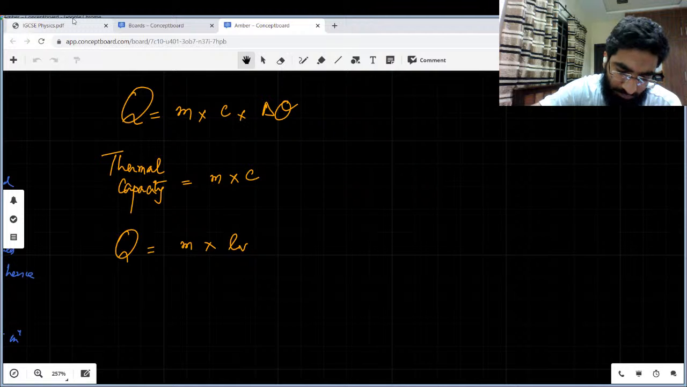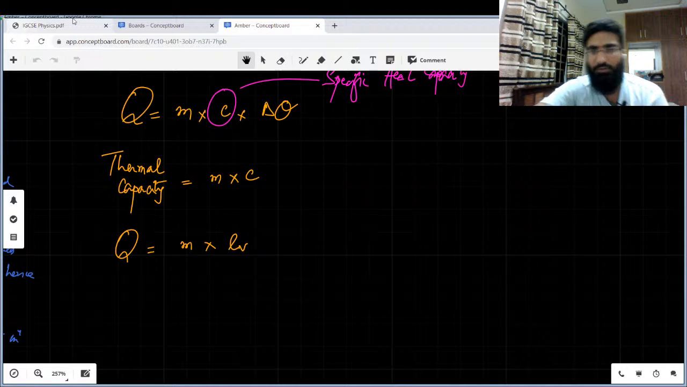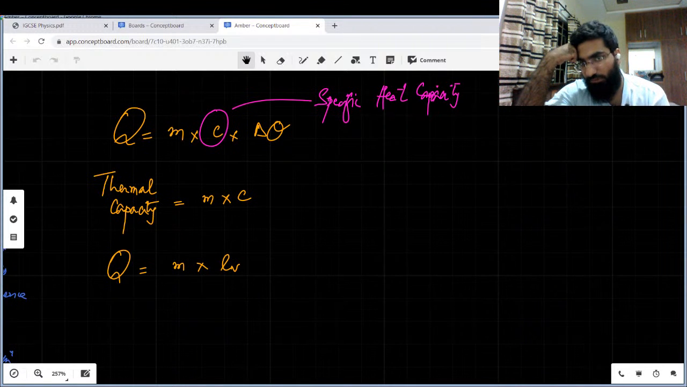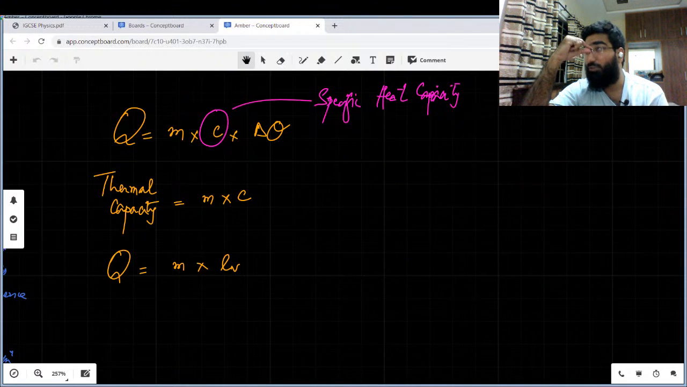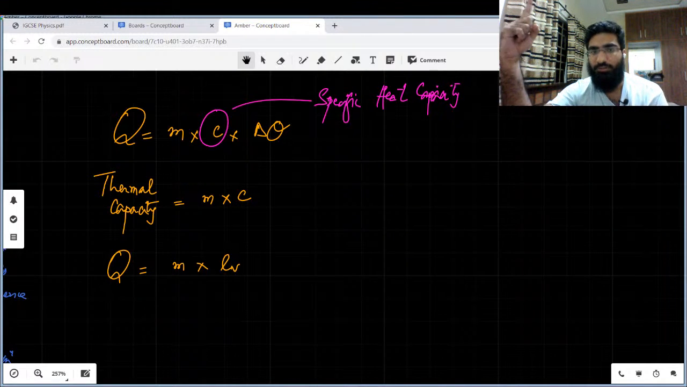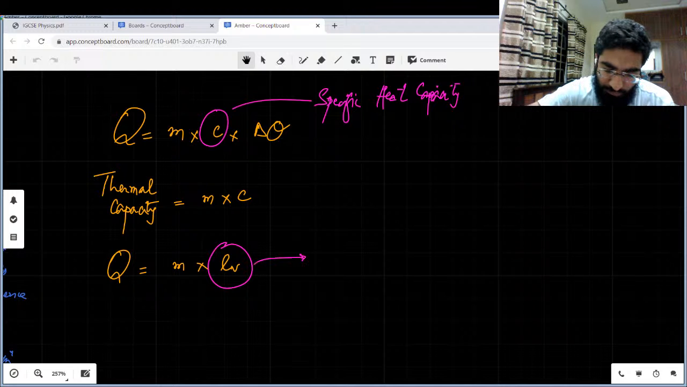Okay, one thing. This C is specific heat capacity. And what's specific heat capacity? Specific heat capacity is the amount of heat needed to raise the temperature of 1 kg of a substance by 1 degree centigrade. And this latent heat of vaporization or latent heat of fusion, specific latent heat,